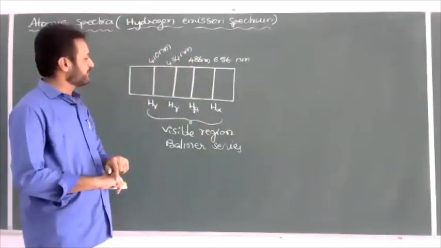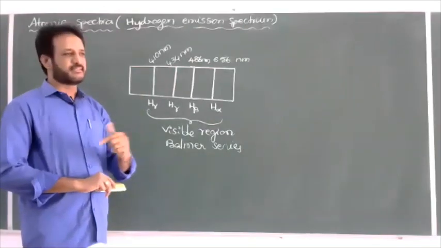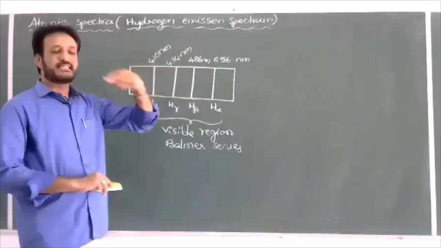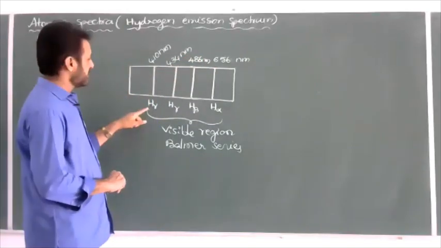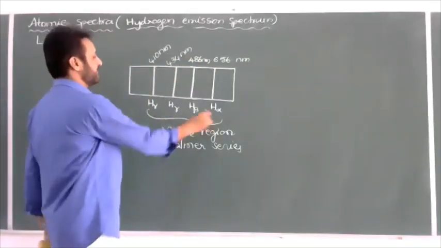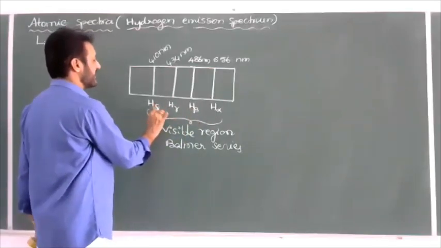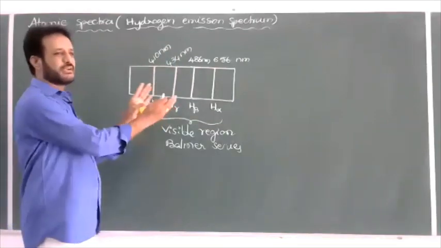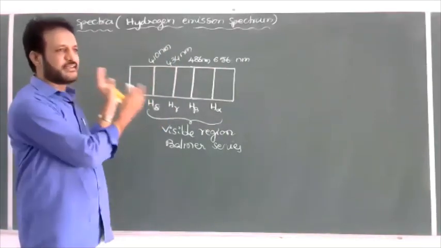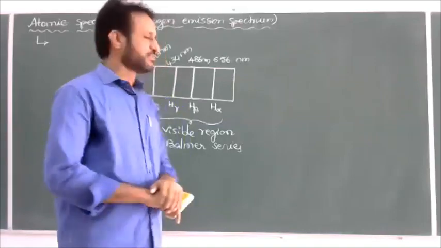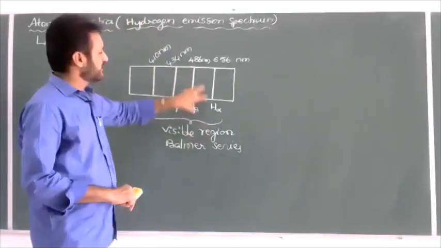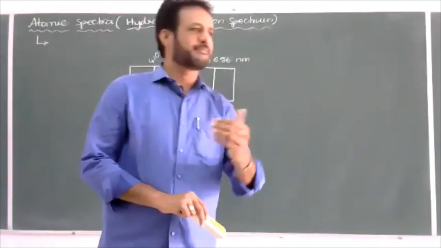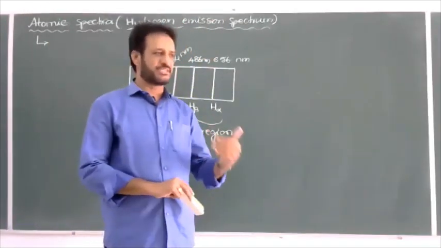When the electron jumps from the fifth orbit to the second orbit, we get H gamma, equal to 434 nanometer, and from the sixth orbit to the second orbit, H delta, approximately 410 nanometer. Later, the ultraviolet region and the remaining regions are obtained. That is the Balmer series, and by studying all this, we can understand the different spectral series: Lyman, Balmer, Paschen, and so on.